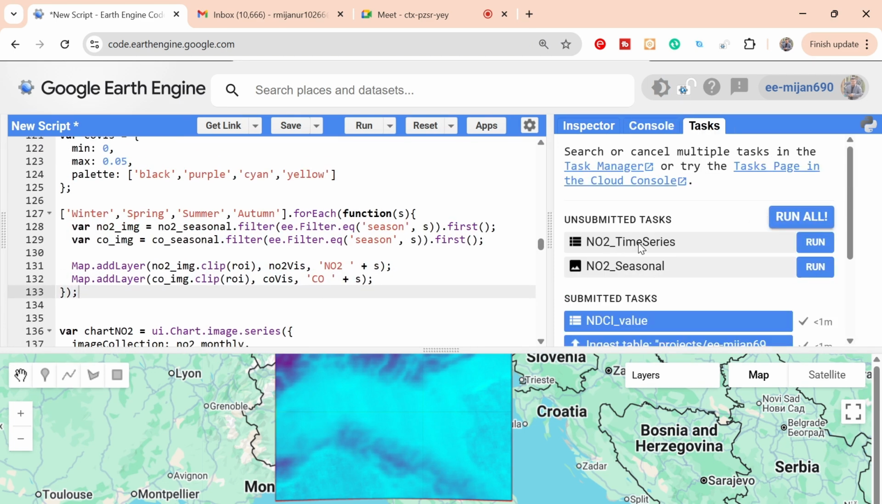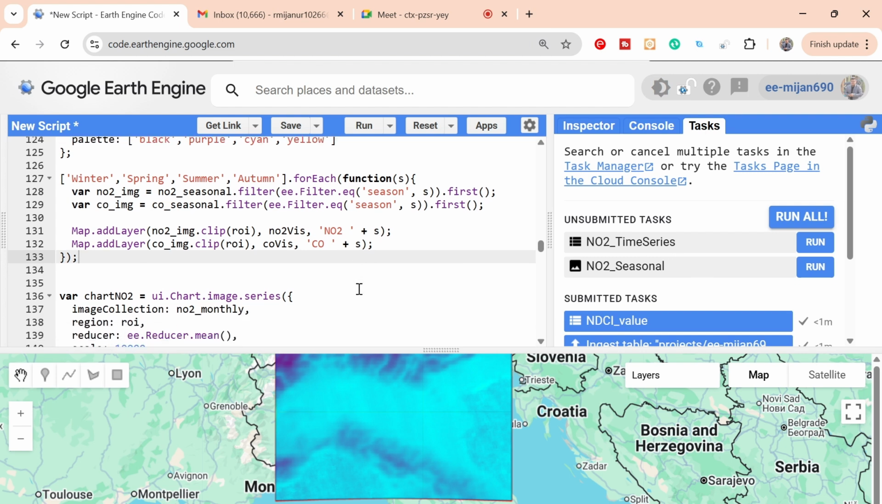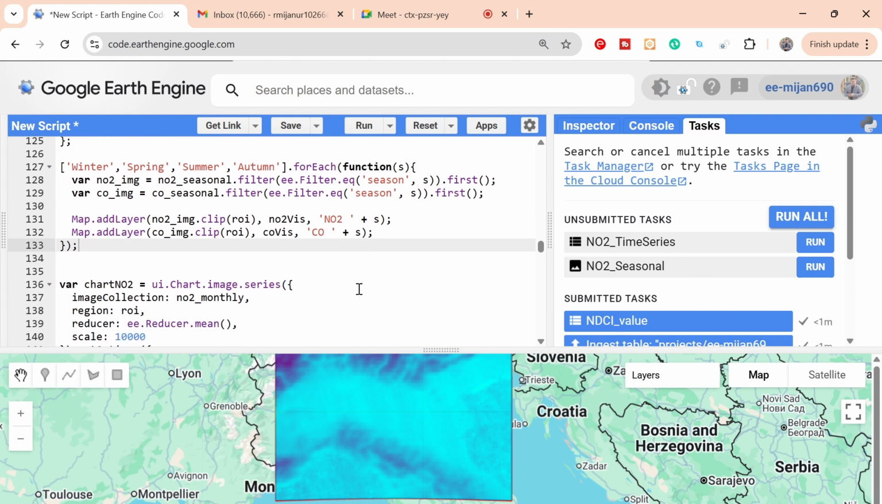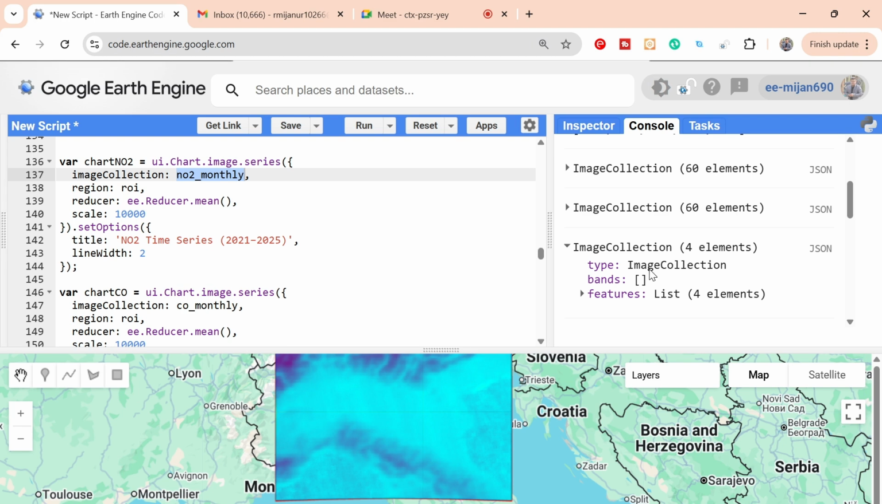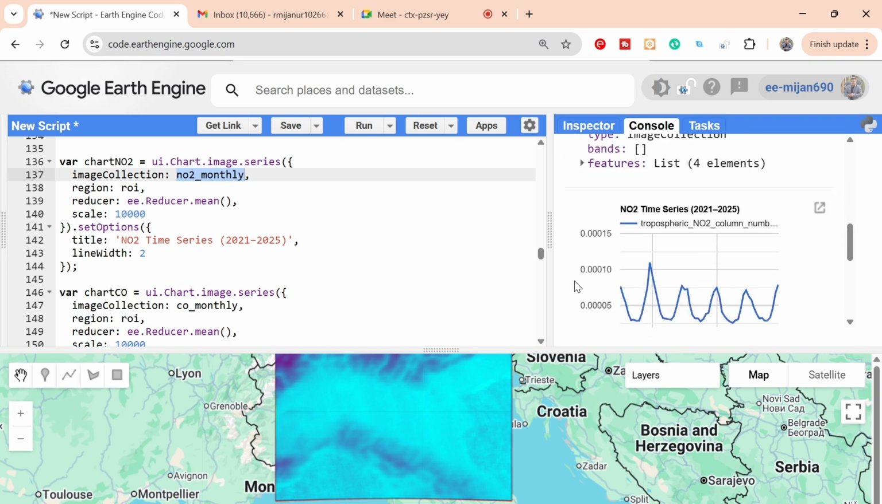Okay, nitrogen seasonal will also export, and we also try to display the time series chart. So this is the UI chart image series, and then we call the nitrogen dioxide monthly. That is simply a call, but this time it also generates the chart. But this chart, if you check,